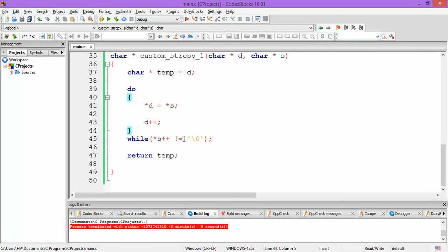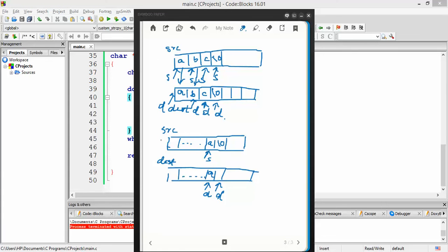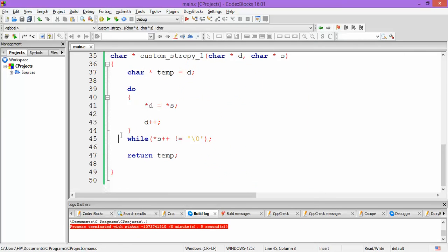And after checking this condition we are incrementing the value of s. So when we check the condition, it is pointing to a, and a is not equals to null, so the condition is true, and then we are going to increment the pointer. So we would go to the next iteration because the condition was still true.